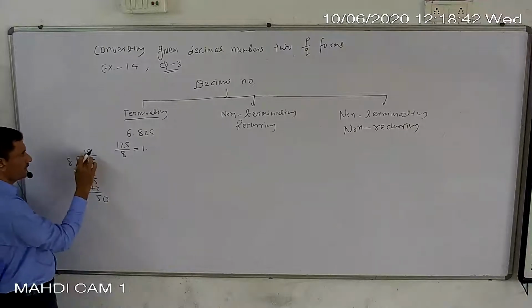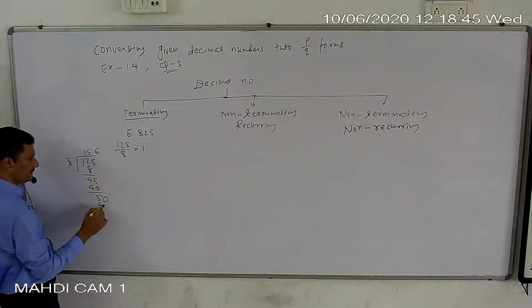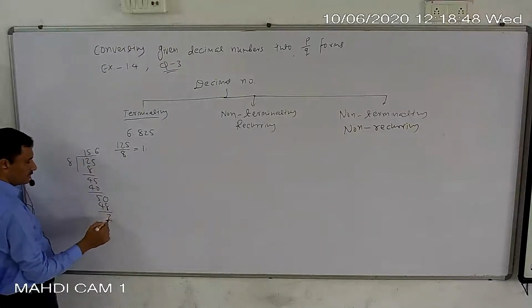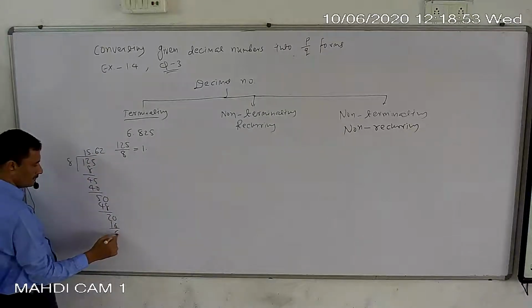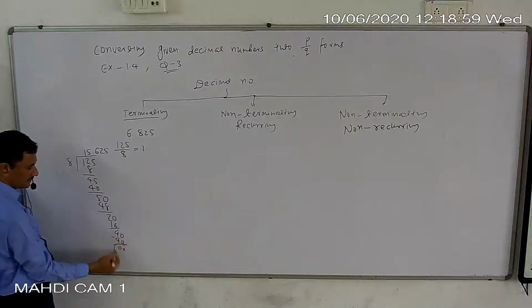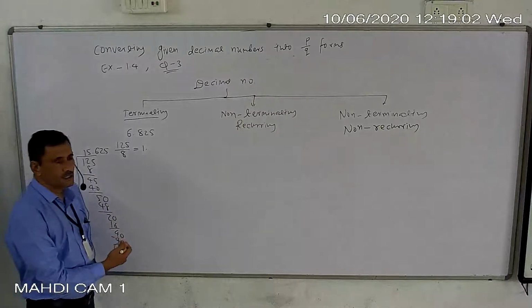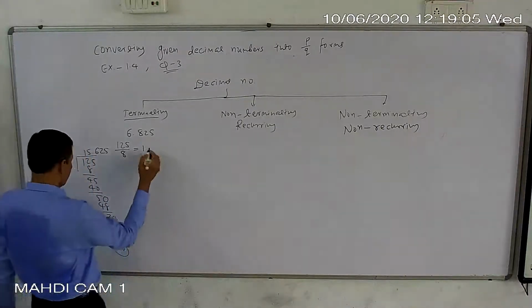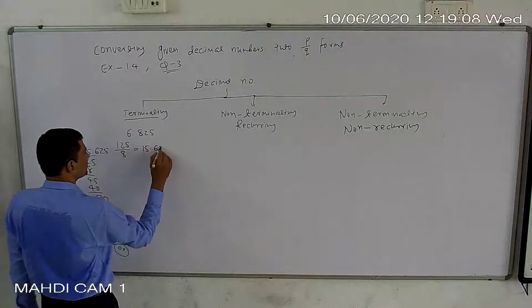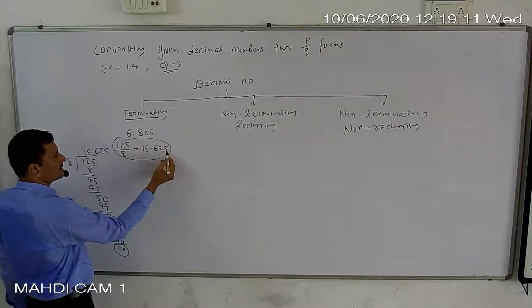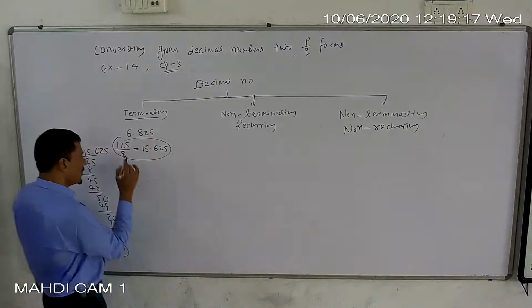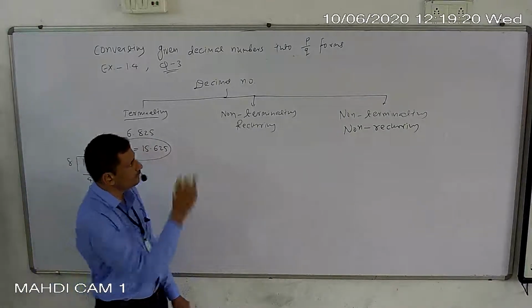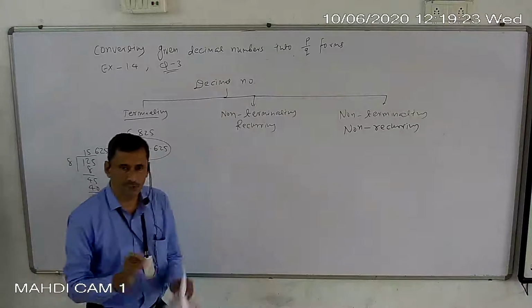Why? We go to decimal form. 8 6s are 48. Now number 2 left. Extra 0 again. So 8 2s are 16. 4 left. 8 5s are 40. So it terminates here because we got 0 as a remainder. So here it is 15.625. So that is terminating. This is another example which also terminates. All integers are also terminating. But now we are talking about decimal forms, means non-integers.